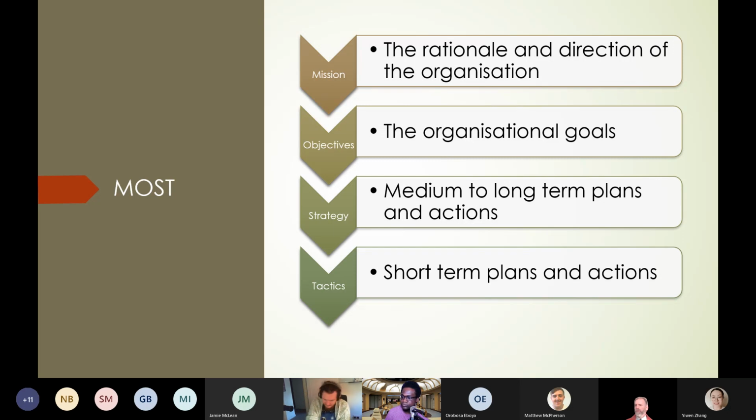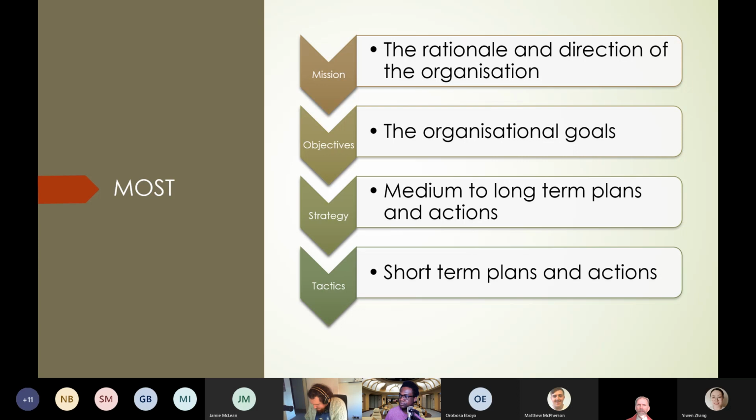What are the aims, and what actions do we need to take, short, medium, and long term, in order to make that happen? And you might think that that's a fairly fundamental thing. Shouldn't it, in that word that I hate, be obvious? And yes, it is fundamental, but all too often it's not obvious. Because all too often, people aren't really sure of where the organisation's going or what they want to get to.